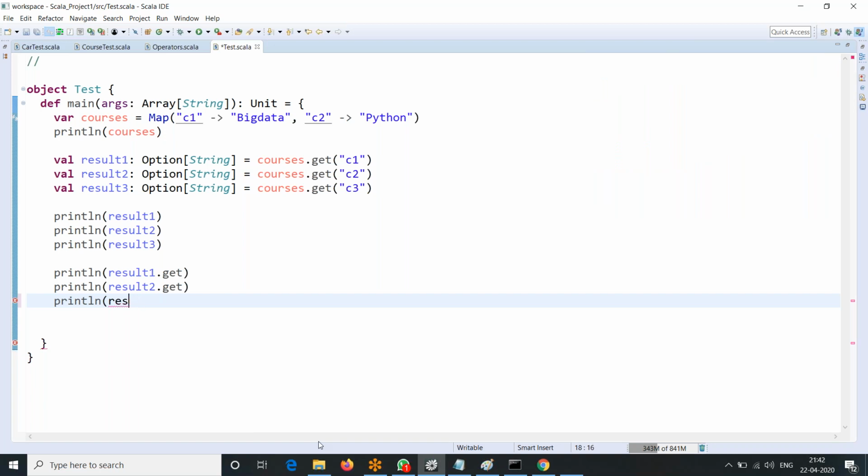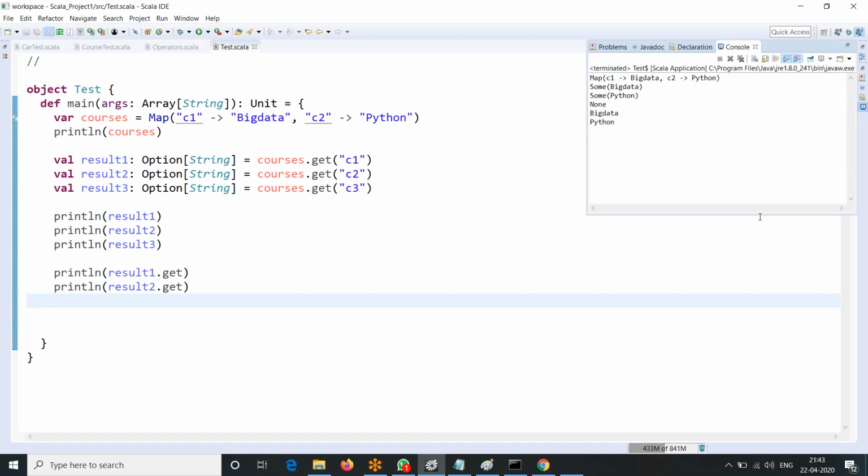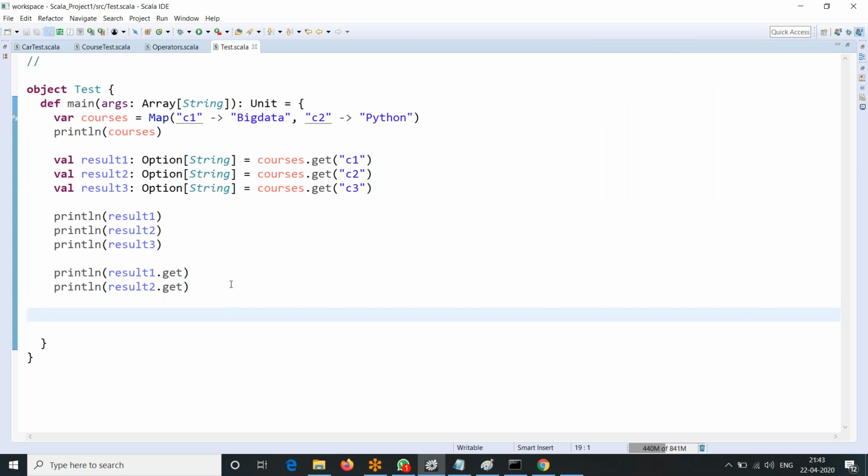That is the error. But from Some, if I want to get a direct value, then I can apply get on each of those Some objects. When I say get, it returns what? Now, if I run this time you don't need to expect any exception. Everything is perfect. Can you see here now? Now I didn't get a Some object. If I directly print this result, it returns a Some object. On top of that, if I apply get, I get the actual value that is present inside Some. Do you understand this, friends?